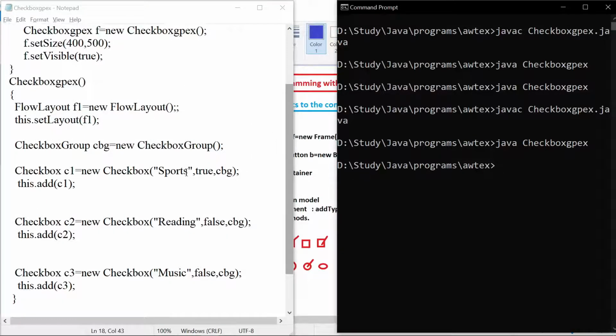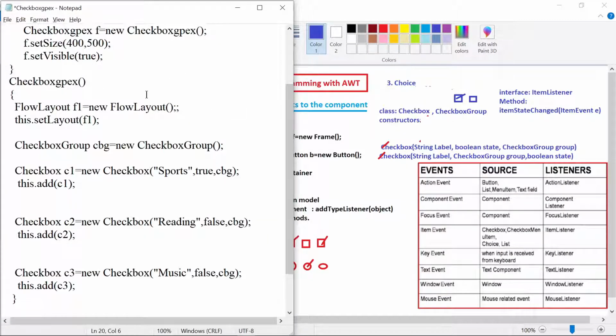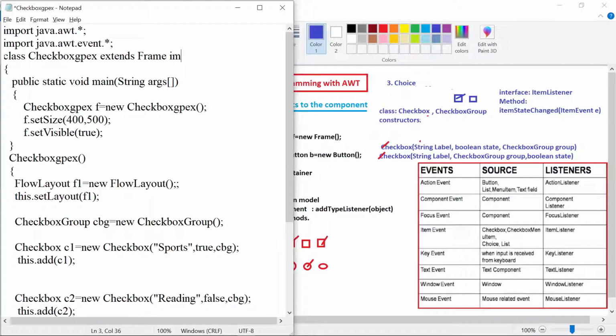To add the actions, we need to use the same thing I told you. We need to add the add item listener to the component, and then we need to implement the item listener, right? So let us do that one. Implements item listener.